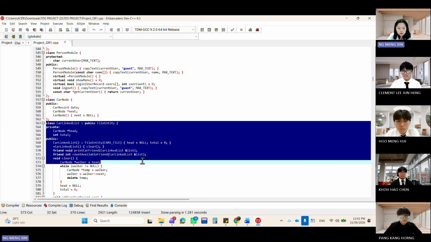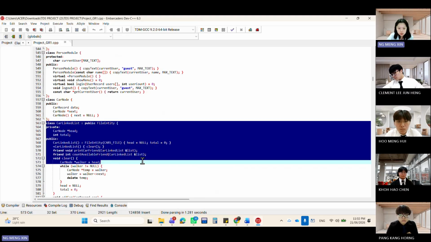The car linked list class manages all car nodes. The add car function adds a new car node to the list, while remove by ID deletes a car based on a car ID. This is suitable for car management because staff may add or delete car records during system operation.